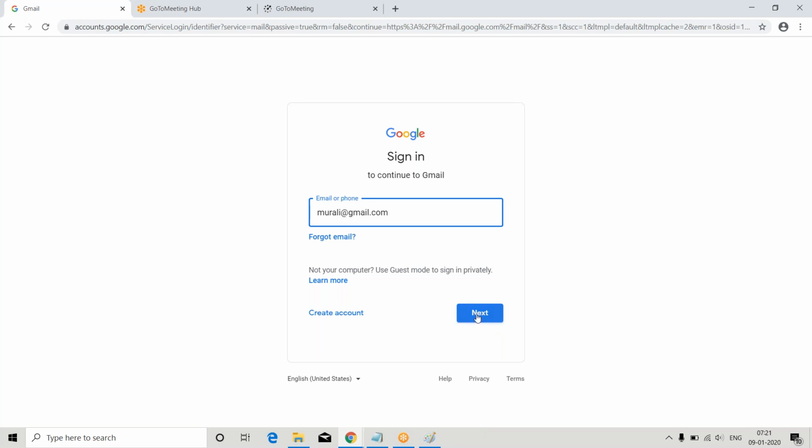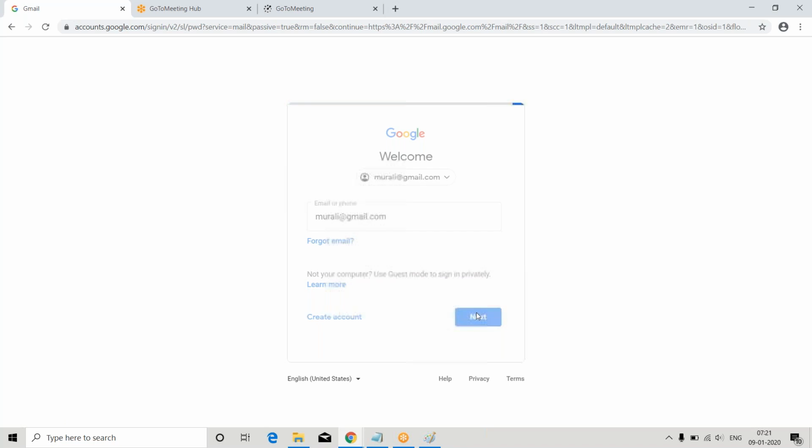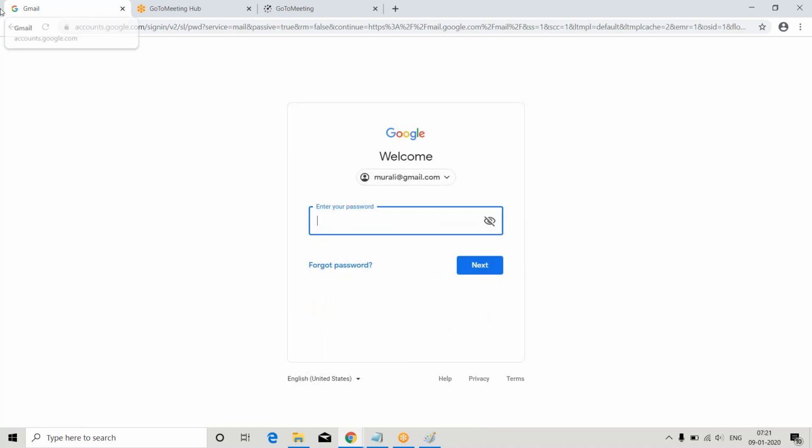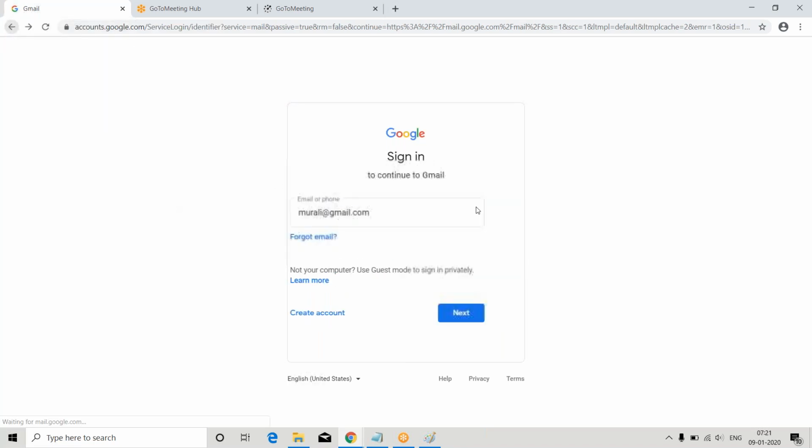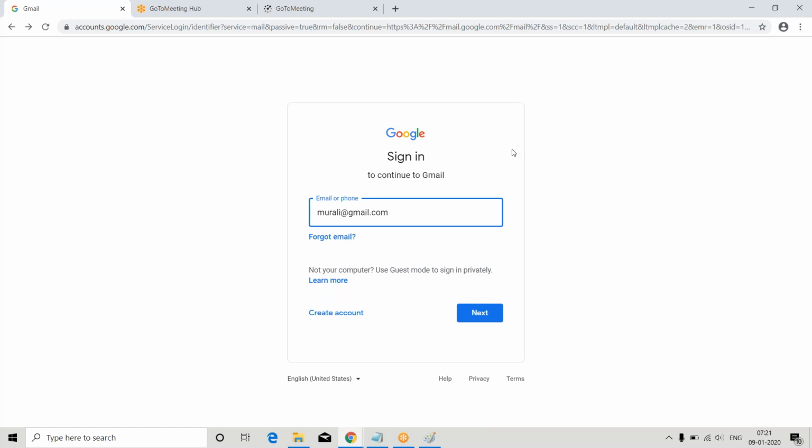If you click on this next button, it will navigate to one more page. And this is the password page. So the first one is the sign-in page. In this sign-in page, see,